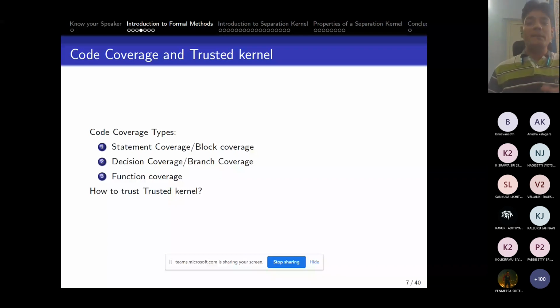And also, if there are many if and else, for loops and while loops, all the control statements, then what is the coverage of that particular code? Coverage says whether the test cases you have designed cover all the statements of the program or not, whether they cover all the decisions, all the branches of the program or not, and what about the functions, whether they cover all the functions of the program or not.